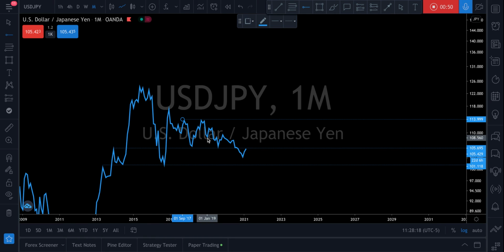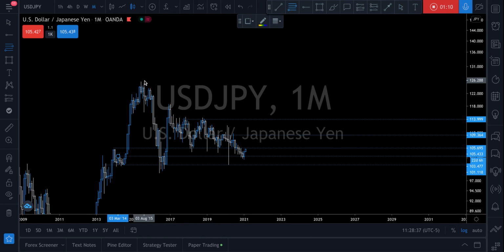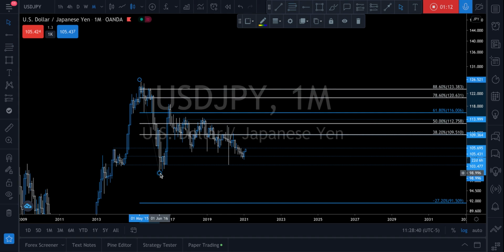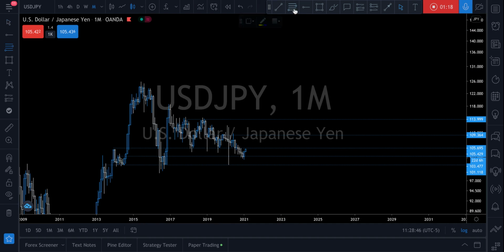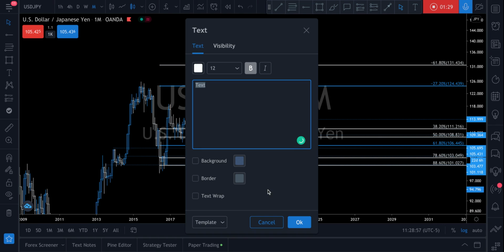Remember, we're not necessarily trying to be the most accurate with these. The main emphasis is primarily just trying to determine if these areas of structure on the monthly time frame align with any fibs. We're going to go swing low, swing high. And we can see that for this particular leg, we already had a 78% retracement. So we're just going to mark that down, 78%